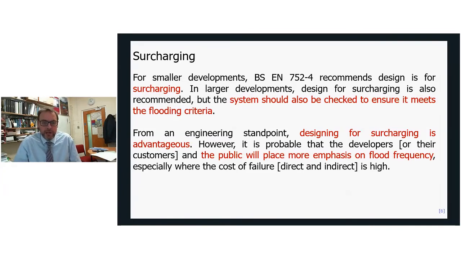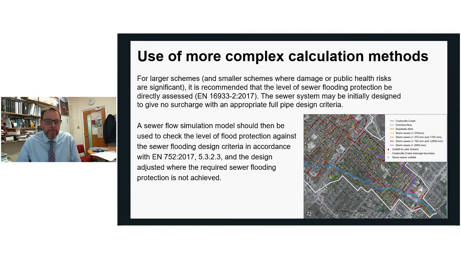So this talks about the design for surcharge but check for flooding approach, and re-emphasises the point I make that customers or residents are more concerned about avoiding flooding than anything else. So that's for small, simple developments. The reality is that design approach, which can be based on hand calculations, which we'll cover in class 4, I think it is,